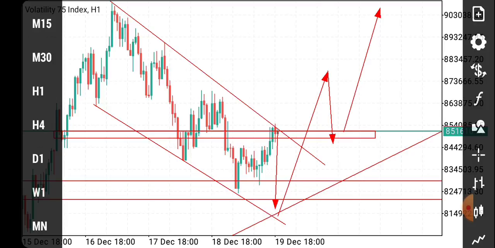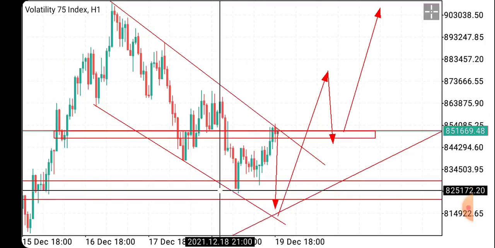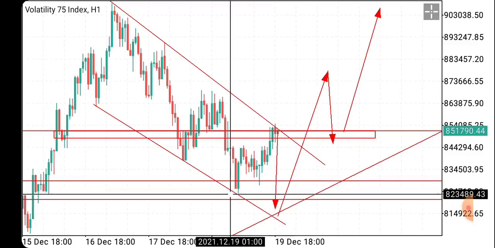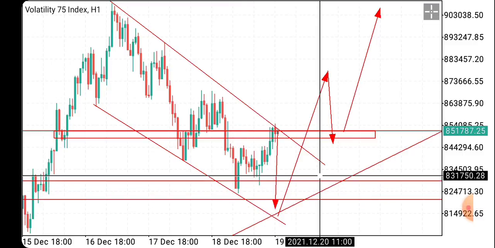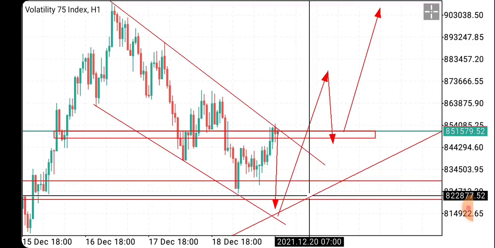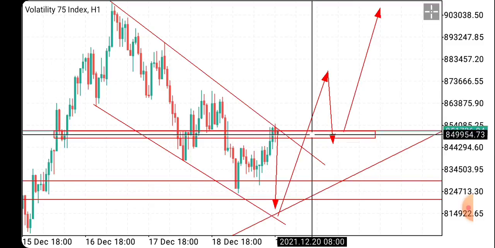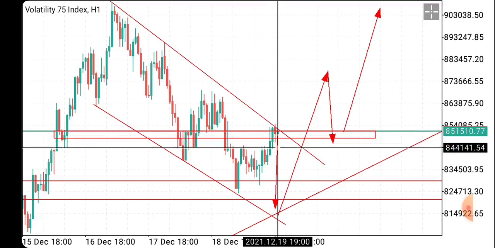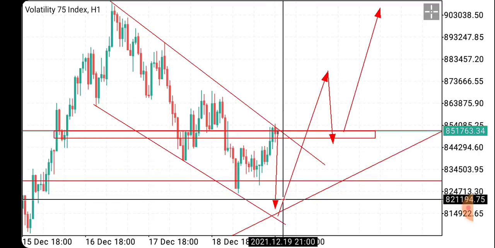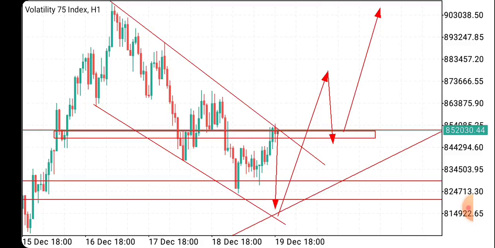We can see that from here we have multiple confluences. All right, we see that this is a strong demand zone. We can see that it is coinciding in the same zone where we have our ascending trend line. All right, so since we are trading with the trend, we don't want to take a sell here for now. So we have done our analysis. We are forecasting the possible move of the market.